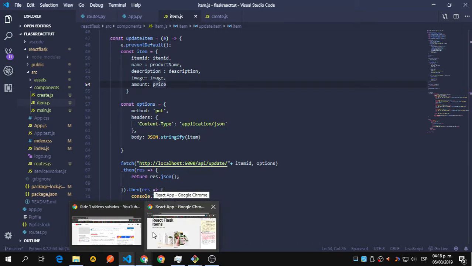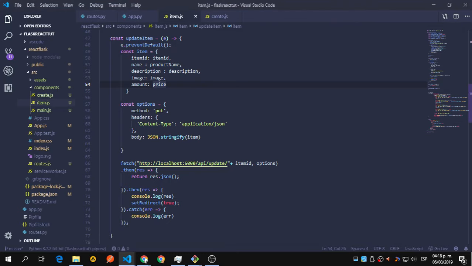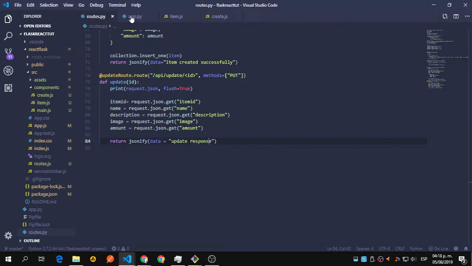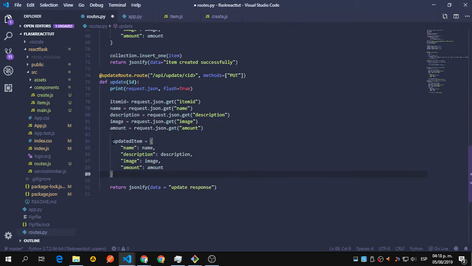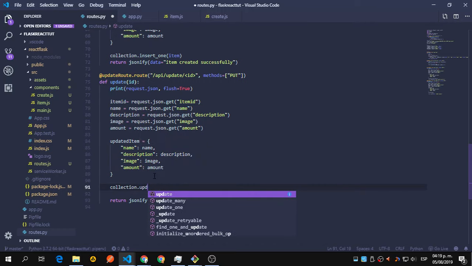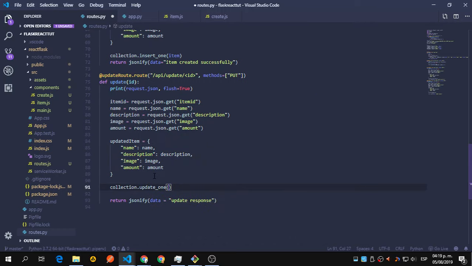So you can see the response, and now we're just going to create a new object inside our route. Okay, that is going to be this updated item, you can call it however you want. We're going to set the name, description, image, and amount to what we have here, the variables, okay? And we're going to call the collection and say update one, that is the function we're going to use, and create two objects, or I don't know how they're called in Python, I forgot the name. So the first one is going to be the ID,